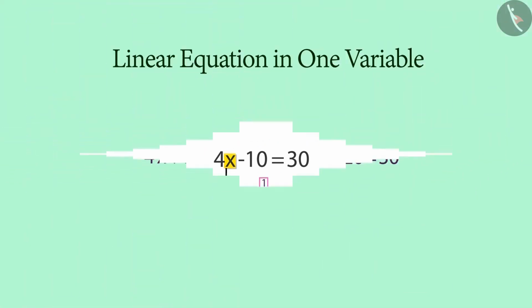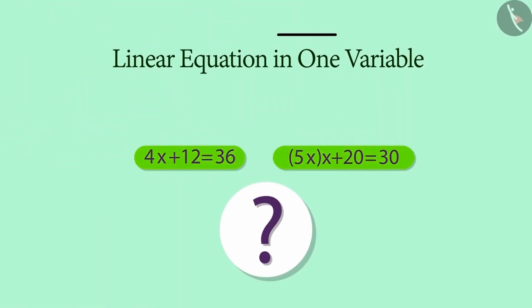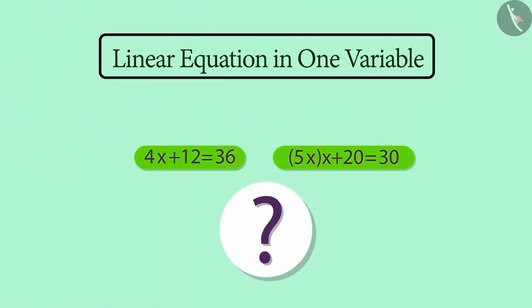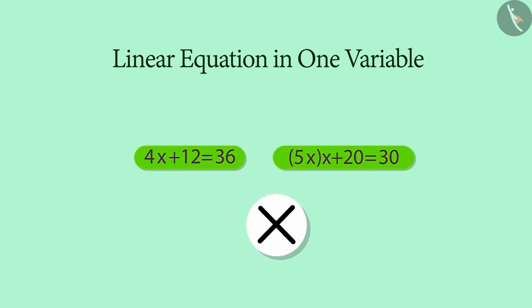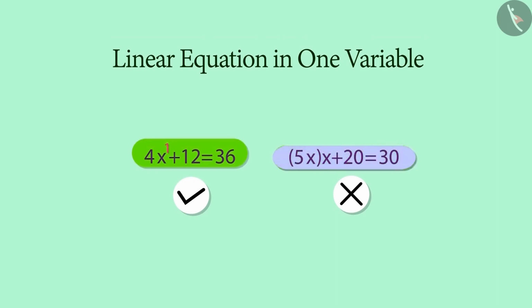Now look at both these equations. Do you think that these two are linear equations in one variable? No. Only the first equation is a linear equation in one variable because its highest power is 1. But as you can see in the second equation, the variable appears twice, and both times its power is 1. Then why is the second equation not a linear